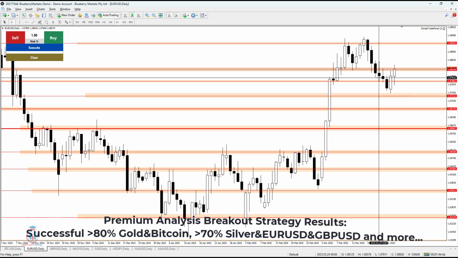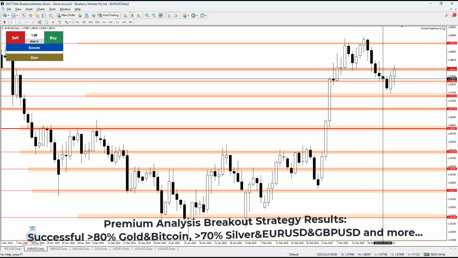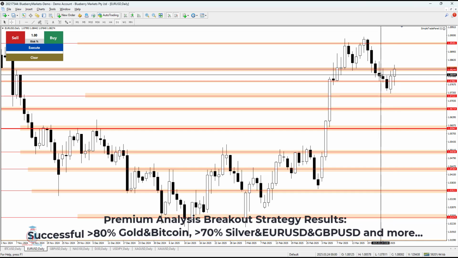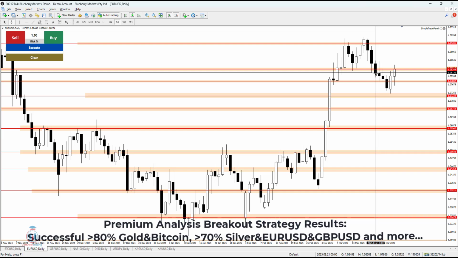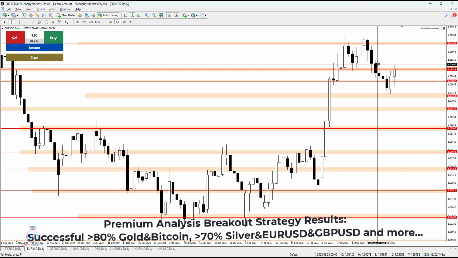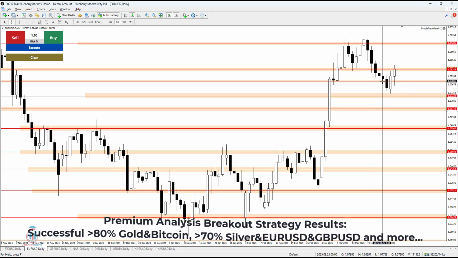Euro against US dollar this week dropped in value. We can see that for 3 days, and then the last 2 days the price has returned back up. And we can see the week started with this bearish candle. In the previous week the candle has closed below this area of support, indicating further decline down, and the price